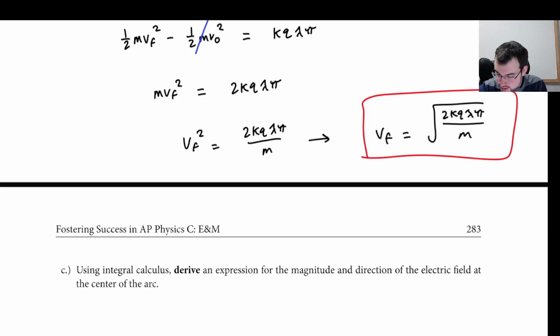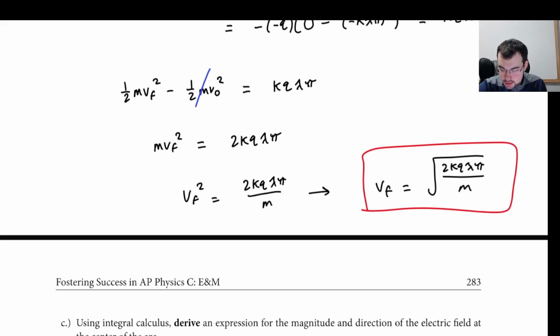So quite nasty looking. And we can show that, unit-wise, even though it looks kind of odd, it still is that form of q delta V over m